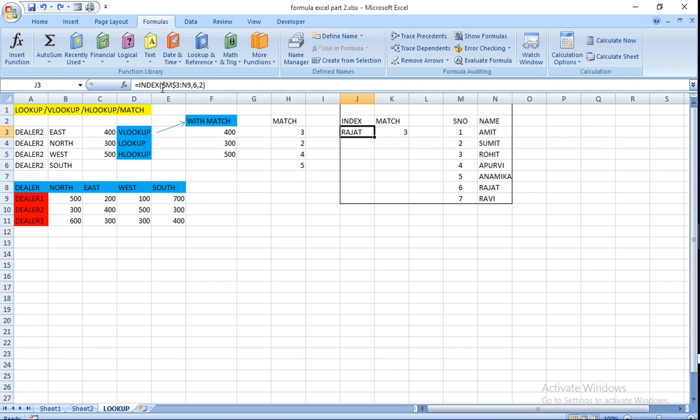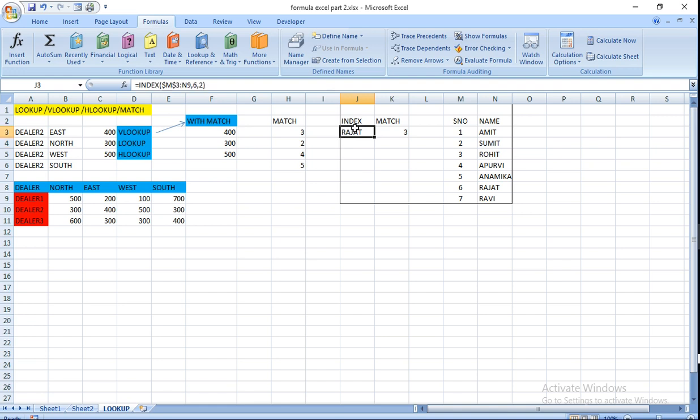So here first is the array, then the row number. Here the row number is, Rajat is on the 6th row and in the second column. When you give it, it will give you Rajat from your array.